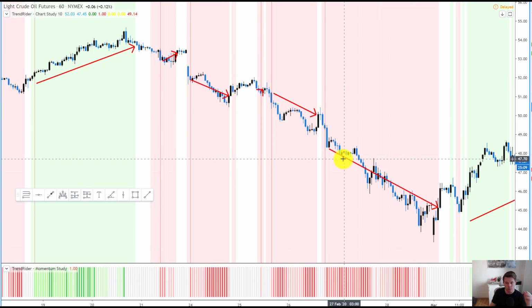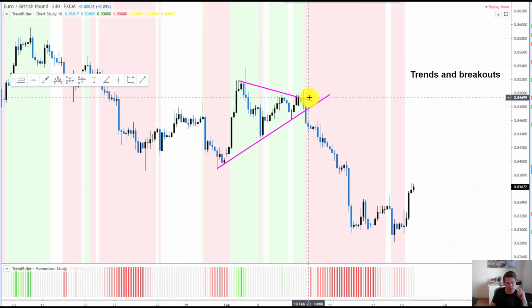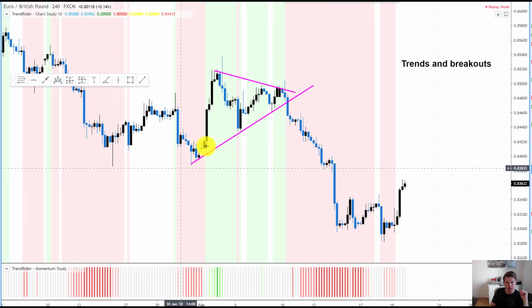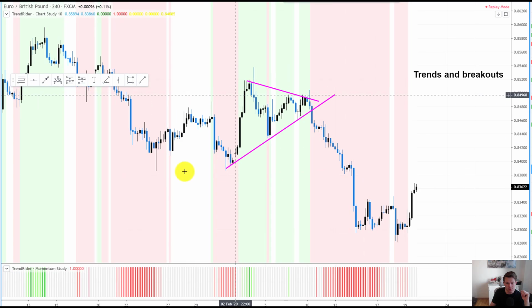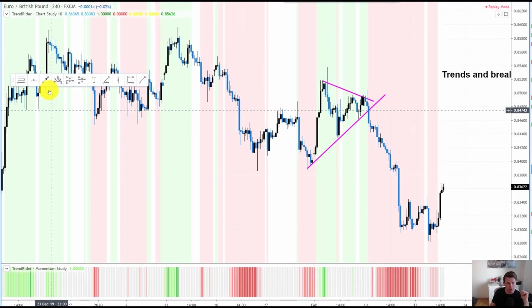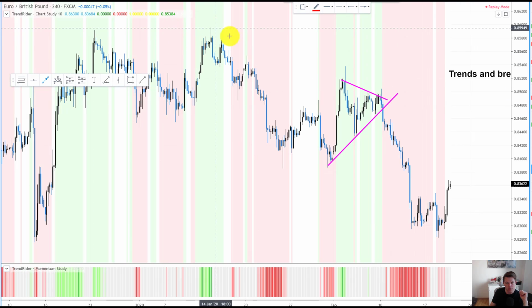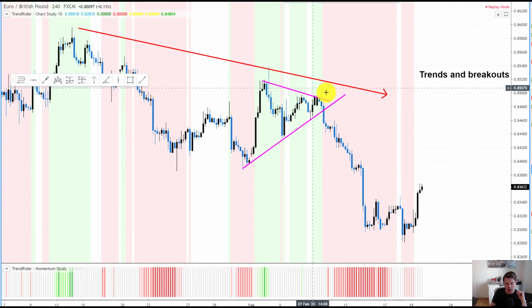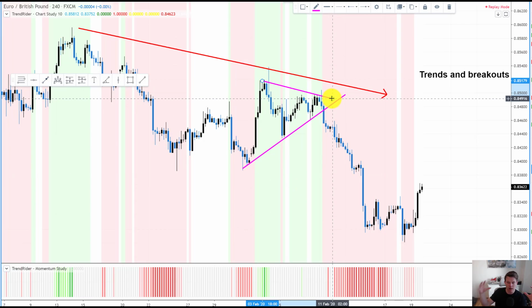So if you have problems staying in winning trades and identifying trading opportunities, the trend rider may be a very, very good option. I really like to use the trend rider in combination with breakout trading and with pattern trading. So once you have identified a pattern, in this case something like a triangle pattern, you can see the market was already in an overall downtrend, since the price made lower lows and lower highs. Here we now have a congestion pattern,